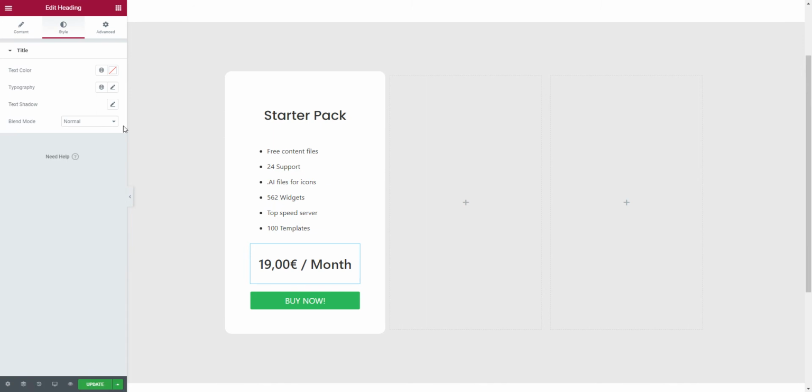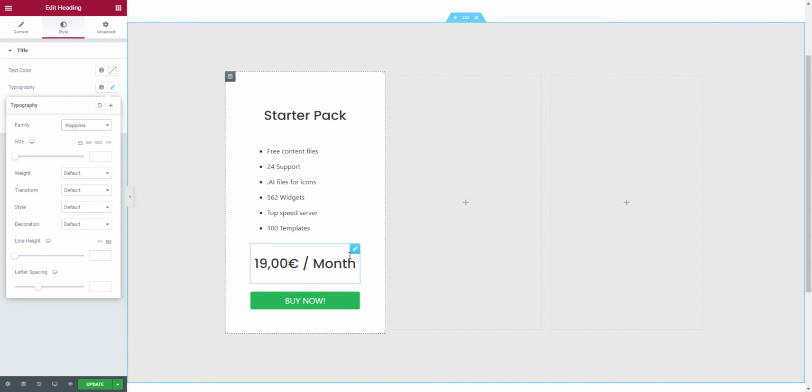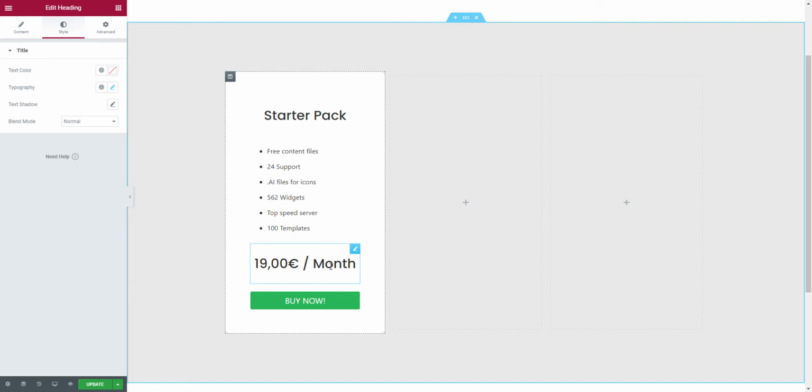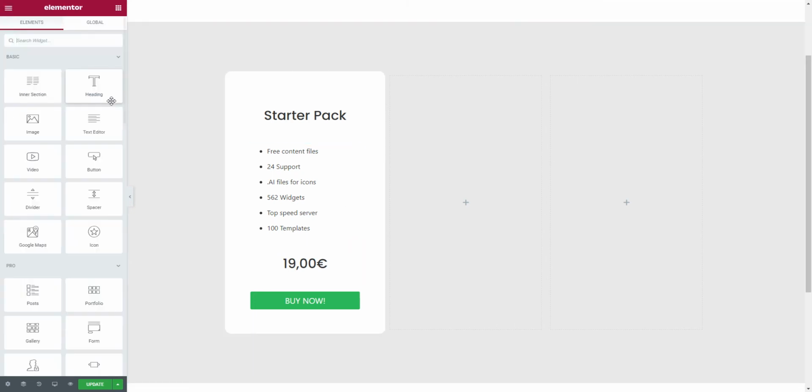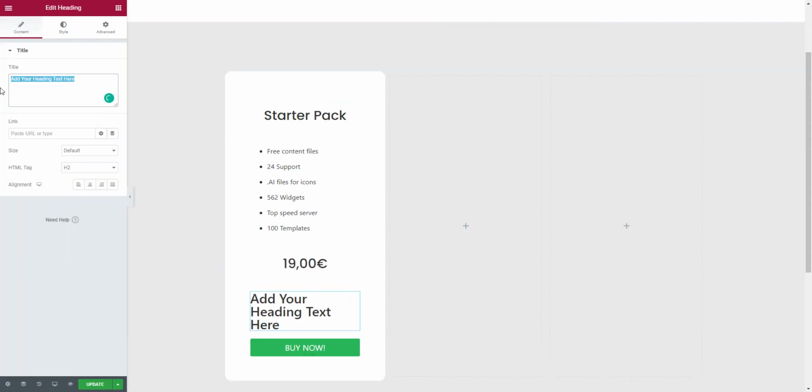So let's see, typography. I'm going to use Poppins, I think. And let's say I want to change the text. Like I want to have the price, but the month I would like to have in a separate section. So I'm going to remove this. I'm going to keep this. Okay. Then let's see, I'm going to add a text, another heading, and we're going to add per month, for